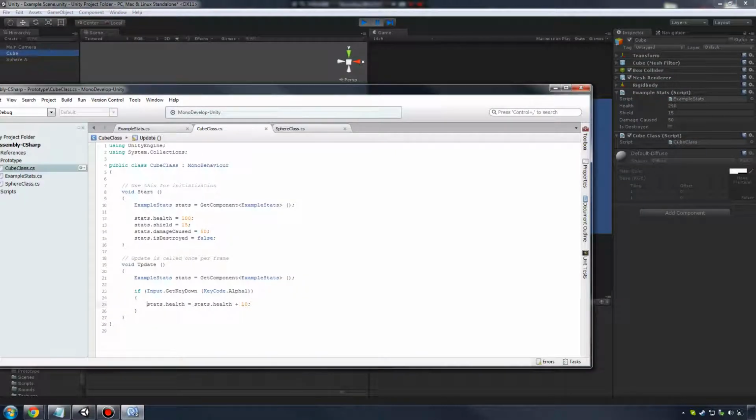But we can do a little bit better to this code right here. I don't want my player's health to go above 100. Alright? If a player picks up a health icon, I want it to cap out at 100 always. So what kind of stats can we use? Well, let's just make another if statement. Let's say if stats.health is less than or equal to 100,